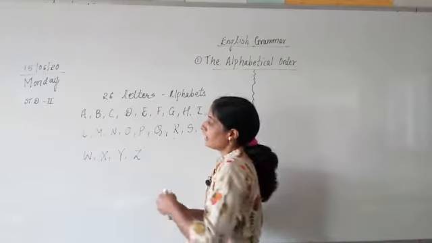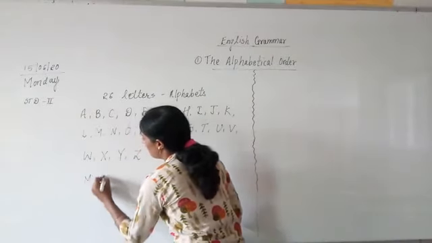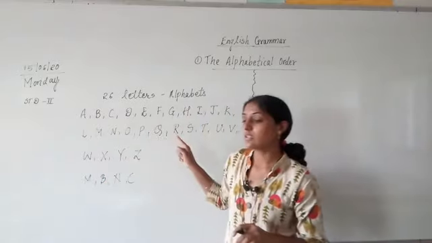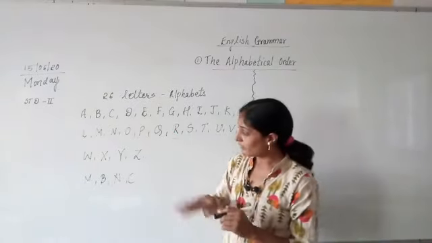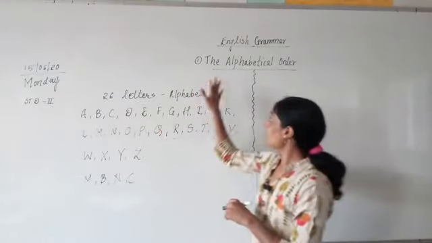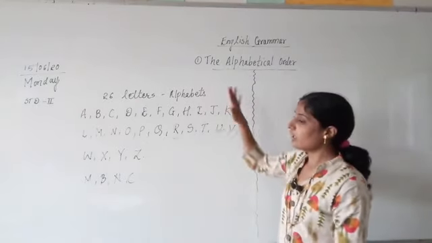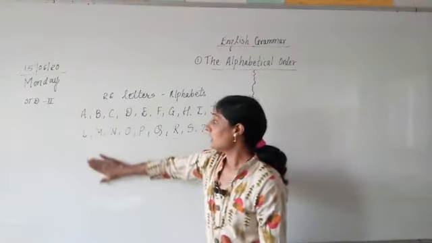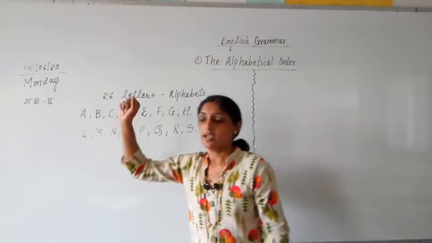You cannot say now, I will start ABCD and write ABCD with M, M, B, N, C. No. There is a sequence given and you have to follow that sequence. Have you understood? Along with that sequence only we have to write down all letters. And the name of our topic is alphabetical order. In alphabetical order, we are going to write down words in the sequence of A, B, C, D, E, F.